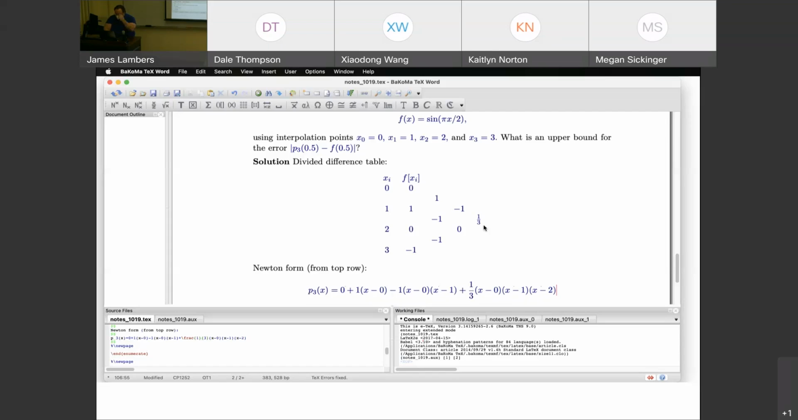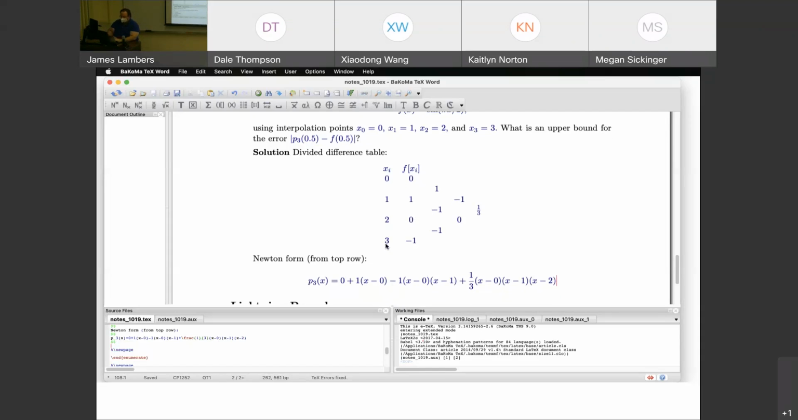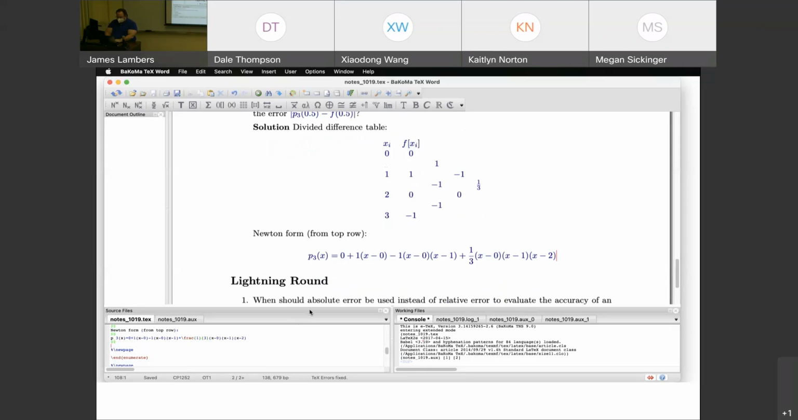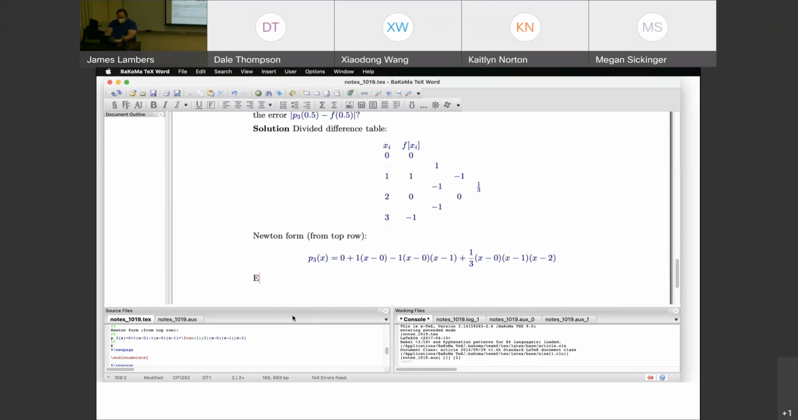So it can be simplified quite a bit. I'm just showing where all the different parts come from in relation to the divided difference table. Questions about the Newton form before looking at the error? Because we have a cubic,